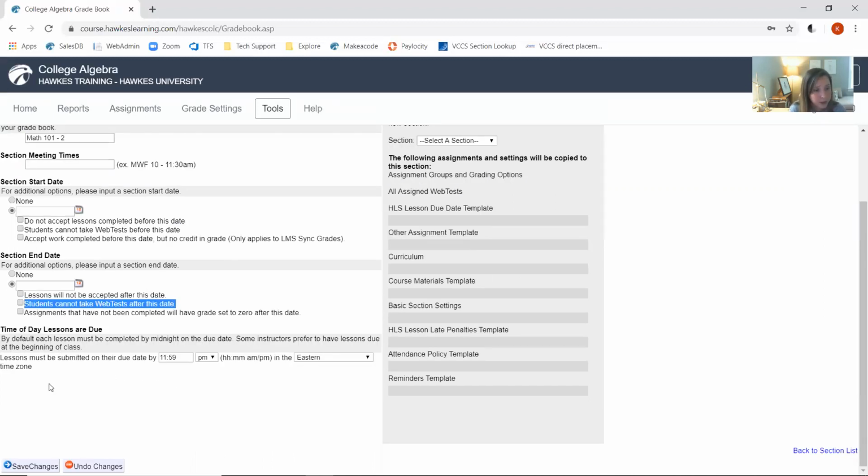You also have the option of defining when lessons are due. This is something I see instructors customizing pretty frequently. If you are meeting with your students at a very particular day and time, and you want to ensure that lessons are turned in and completed prior to the day and time you're meeting, this will allow you to modify on a section by section basis